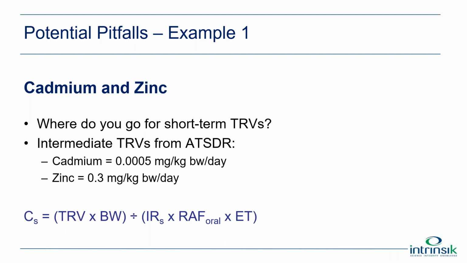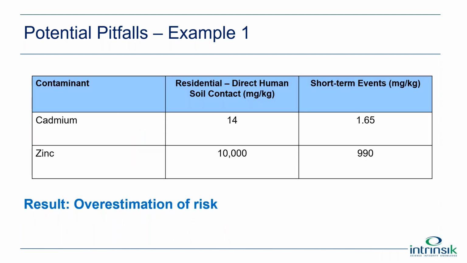So you can use this information, the pica soil ingestion rate and the toddler body weight, to back calculate a soil concentration that in theory should lead to an acceptable level of risk. In that equation, the TRV is the toxicological reference value, BW is the body weight, you've got the ingestion rate for soil, the relative absorption factor on an oral basis, and then you also have a potential amortizing factor for the exposure term. Now, we don't do that when we look at the acute scenarios, and I'll touch on that a little bit later on as well. So if you go to the next slide, Karen.